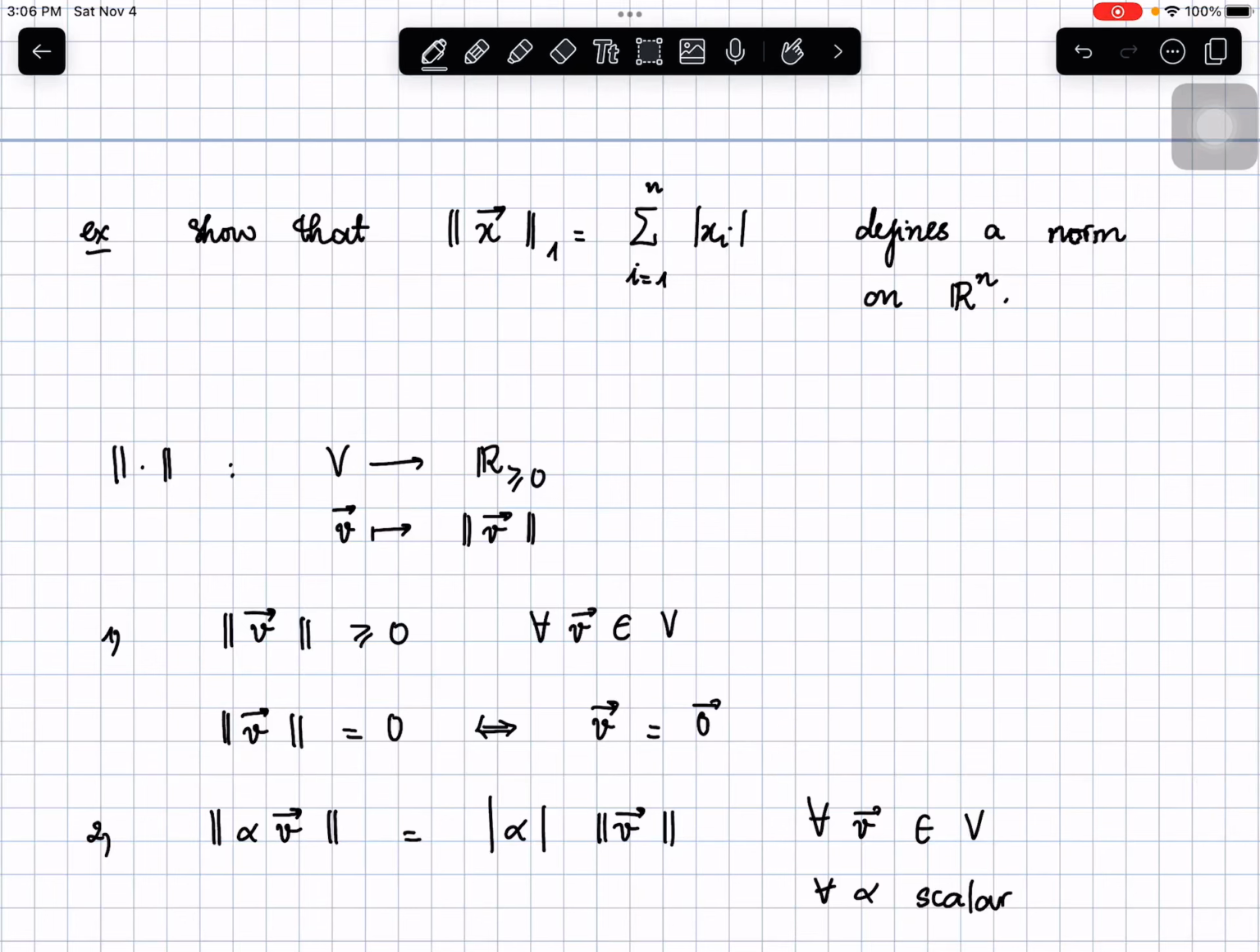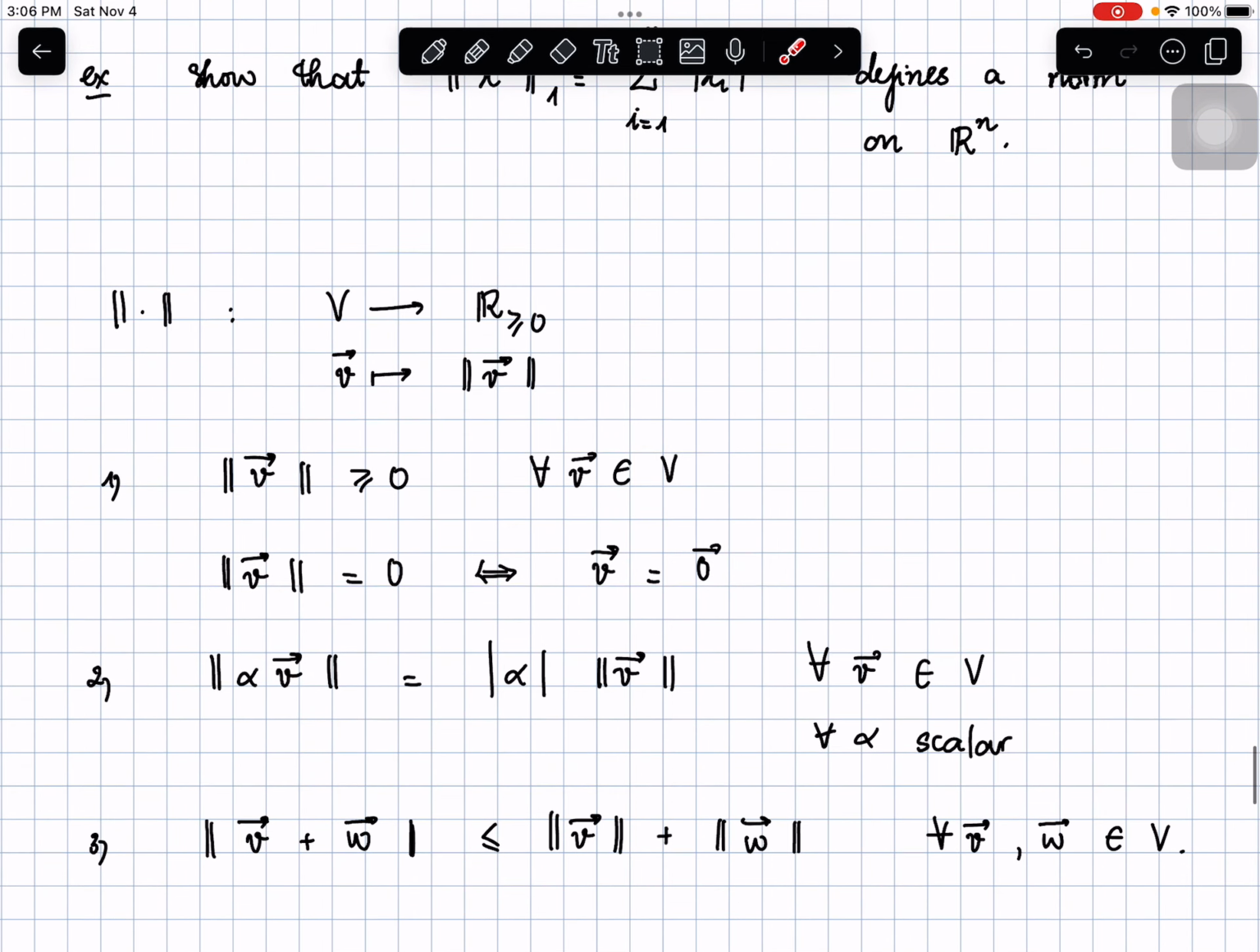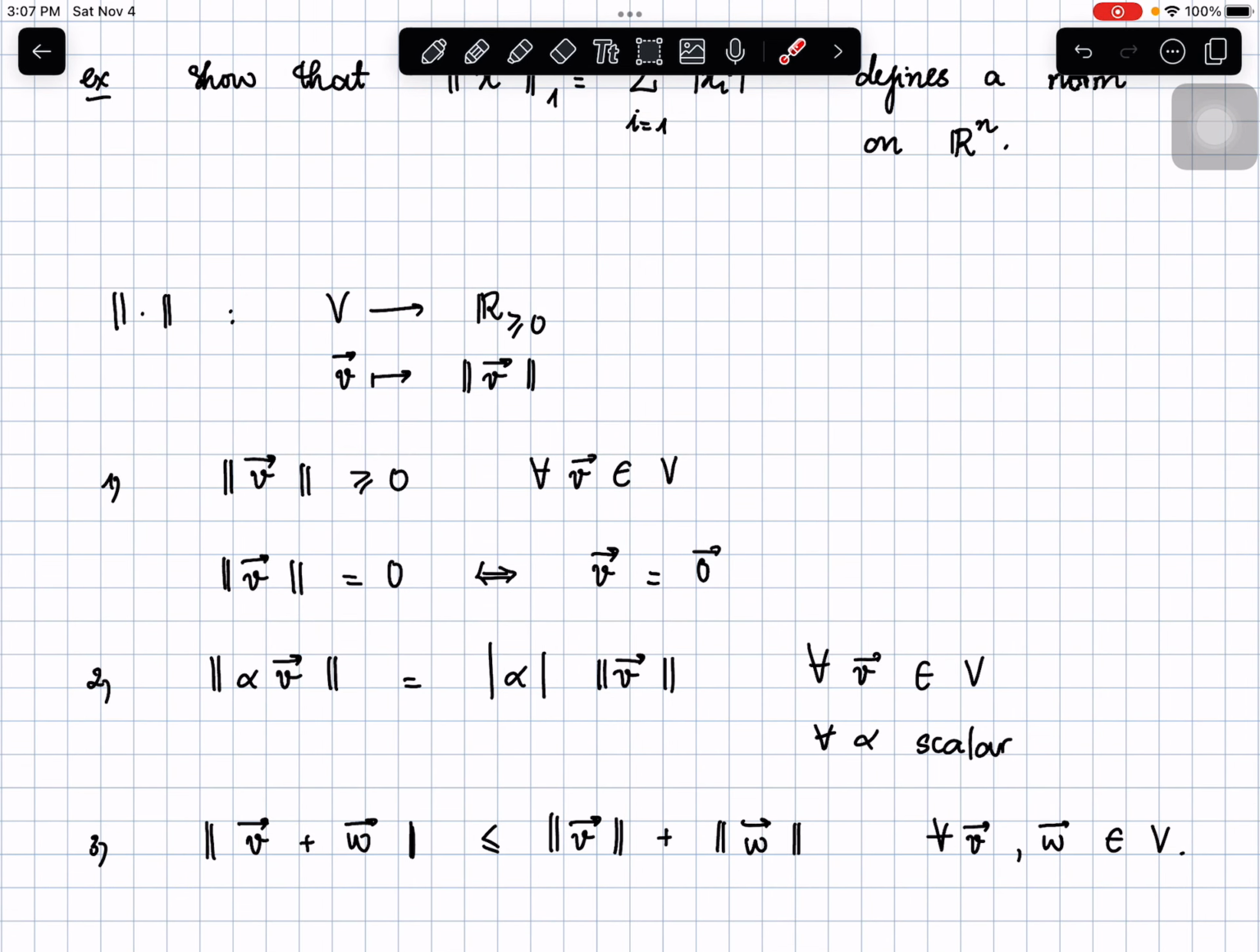So in this exercise, we need to show that norm 1, so this is the norm 1 of a vector x in Rn defined as follows: the sum of the absolute values of the entries of x, defines a norm on the vector space Rn. Recall that a norm is just a map from the vector space to the set of non-negative real